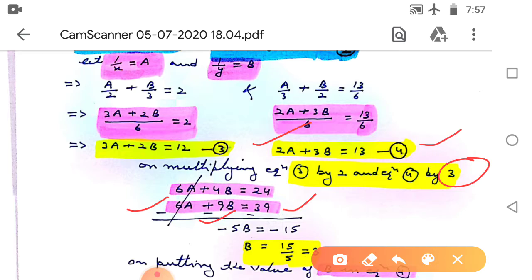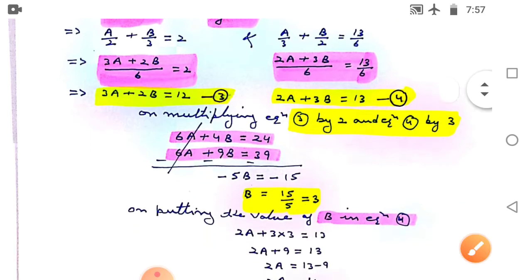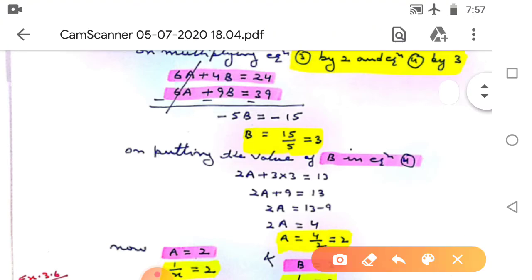4 here, right? Now look at here, this is 6a plus 4b is equal to 24 minus 6a plus 9b is equal to 39, and this is gone, and we get minus 5b is equal to minus 15, and b is equal to 15 by 5, and the value of b is 3. Now after putting the value of b as 3 in equation 4,